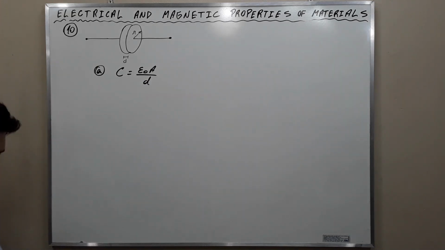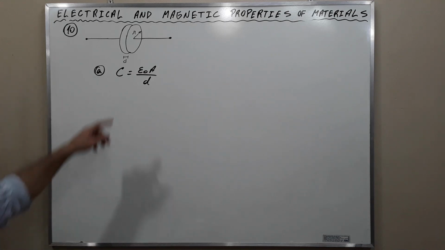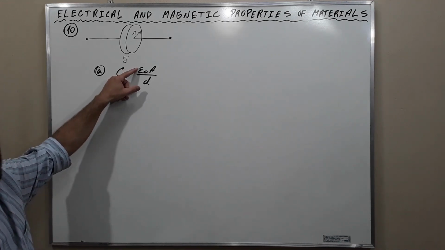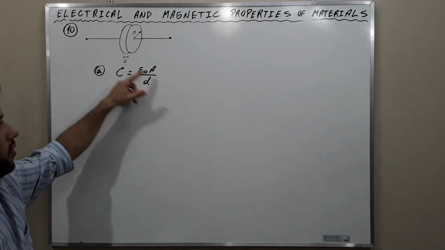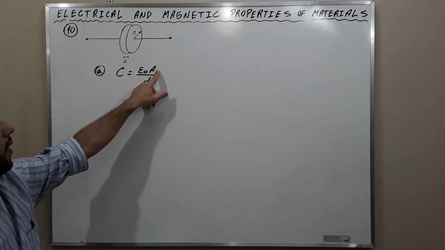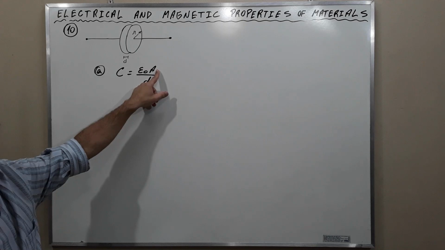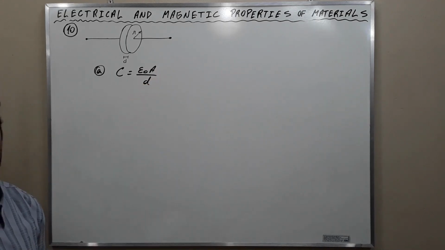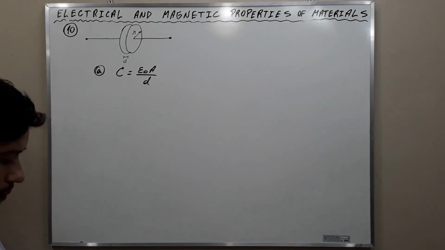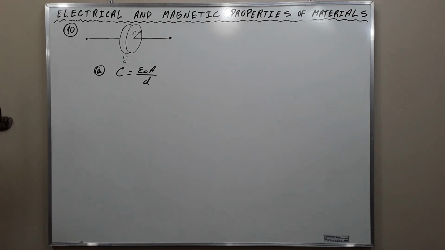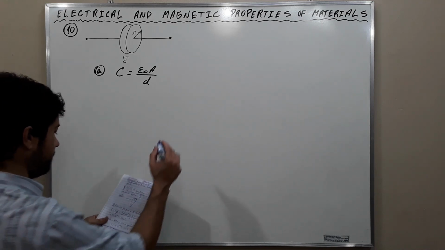We are assuming that the dielectric is free space, okay? That's why we are using the electric permittivity of free space. This A here is the surface area of the plates, and the D is the separation, okay? Using this data, we will find that